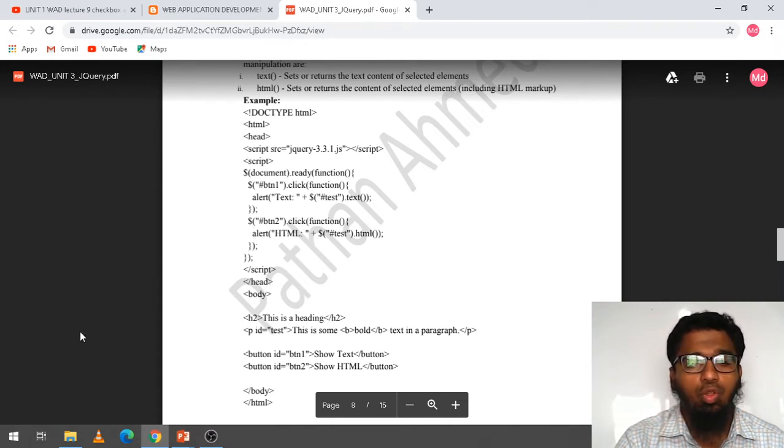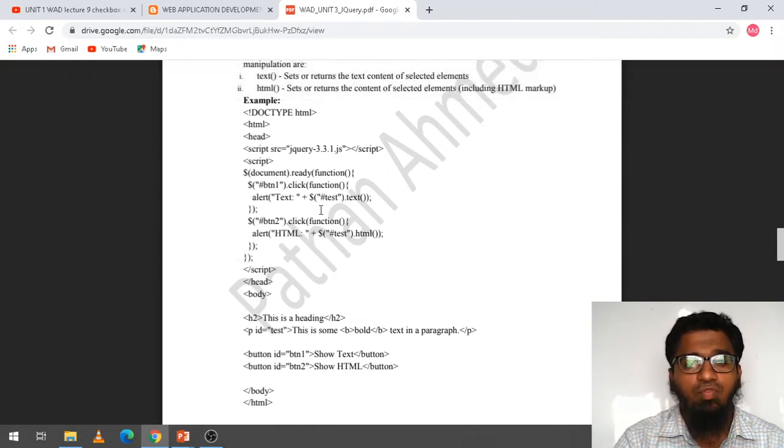Then I will show you the problem. After writing this, how to write jQuery, how to get the version of the JavaScript file, and how to give the link in the HTML document.